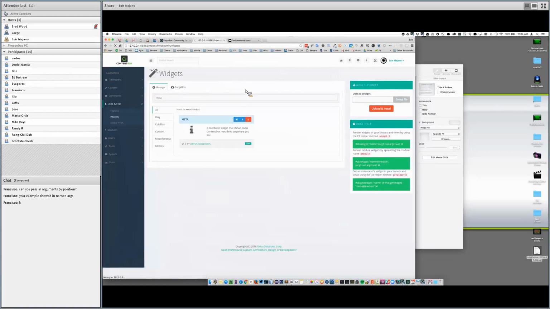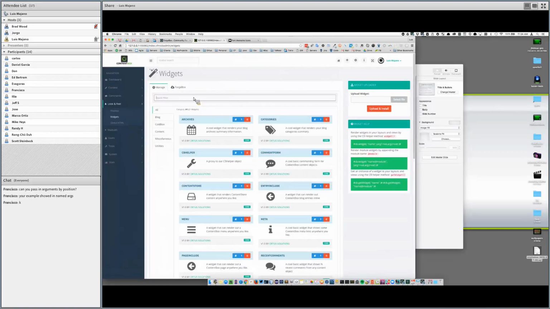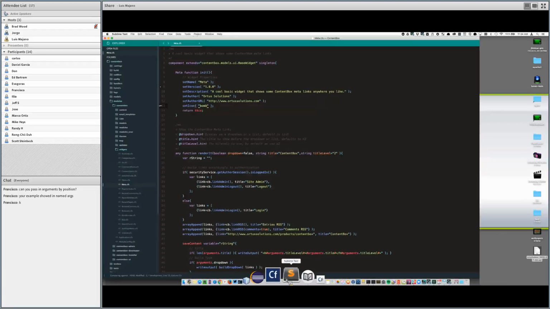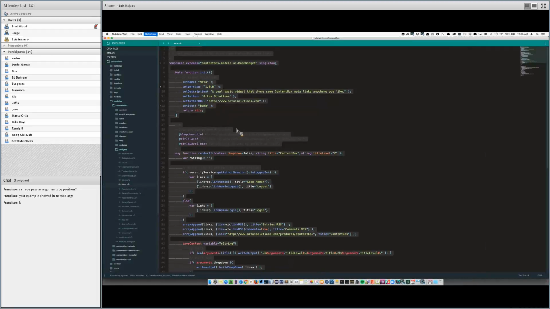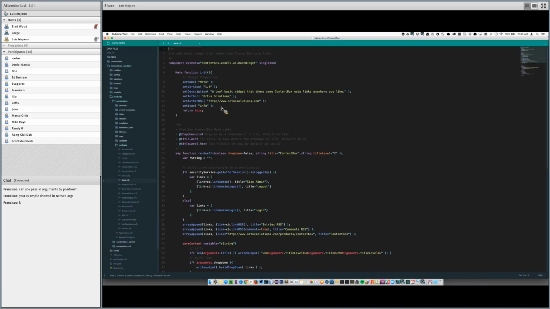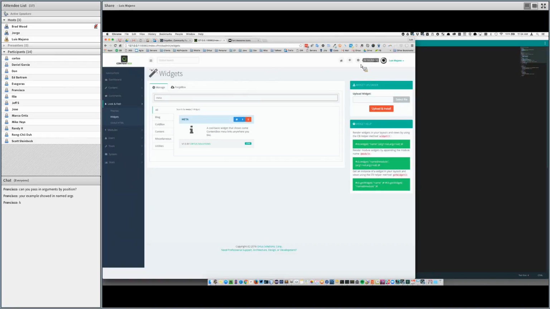This is the metadata that we were talking about. So if I wanted to change something right here, I could change it. If I want to change this to, let's say, version 1.0.0, make it complete semantic. And the icon is info. Now these are all based on Font Awesome that is included in ContentBox. So if you wanted to change the icon, you very easily can.